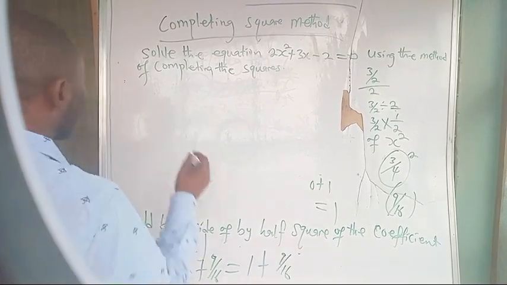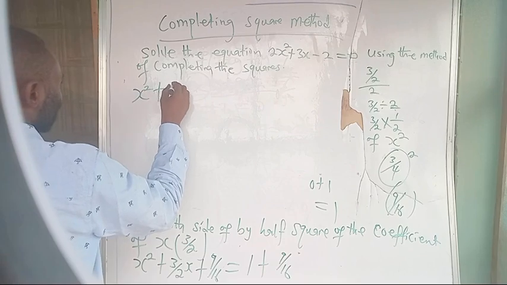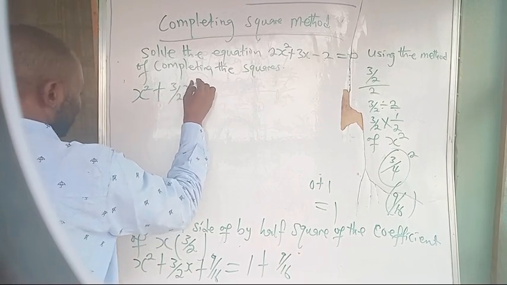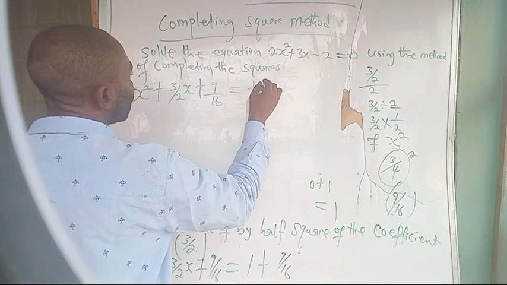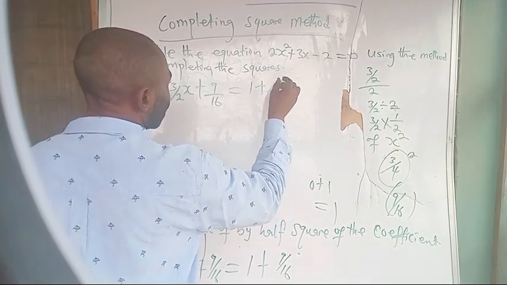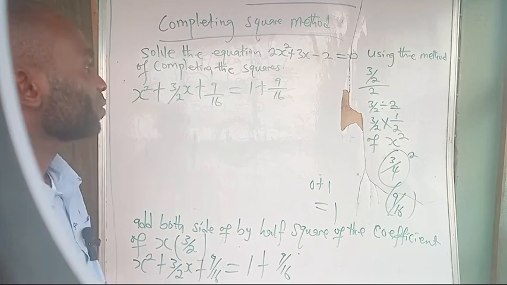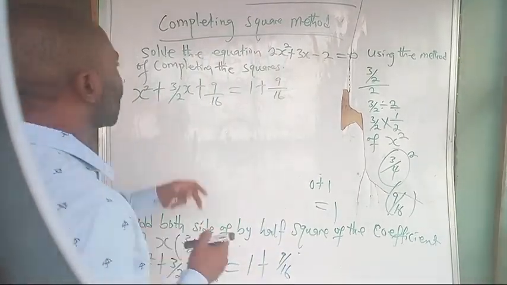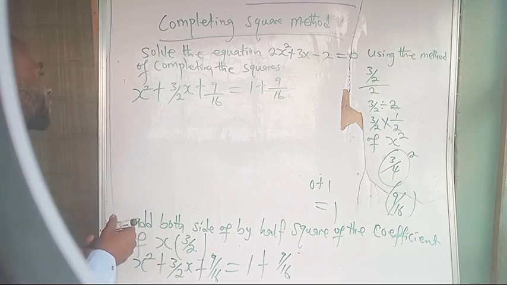So this is our equation now: x squared plus 3 all over 2x plus 9 all over 16 is equal to 1 plus 9 all over 16. So now, guys, this is the equation. Now, if you observe your